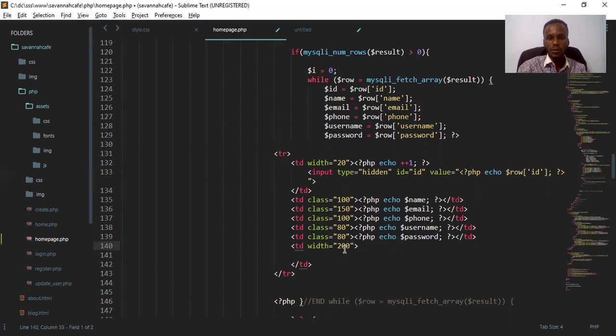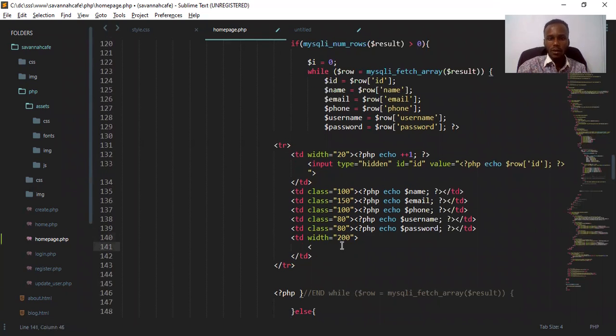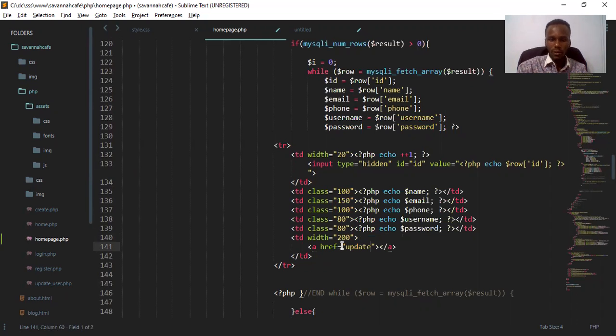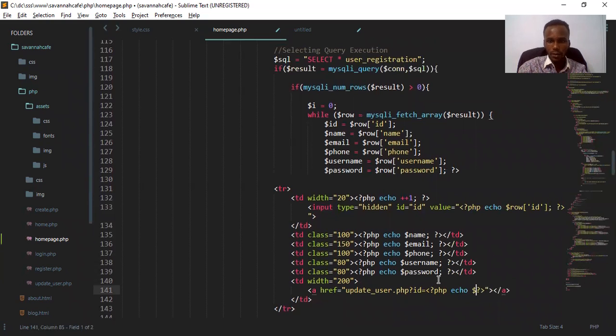What do we want to happen there? We'll say anchor tag. We should go to update_user.php. Then we need to pass in the ID and we'll echo it. We say PHP echo what? Echo this ID that was declared up here. Okay. So inside of it, we are going to pass